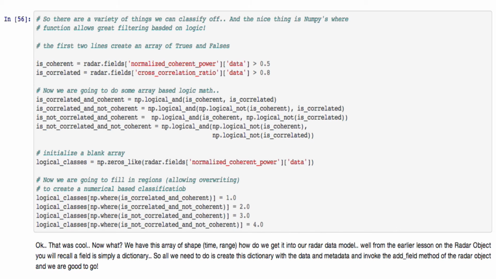So we've tried to maintain community compatibility here. That's been one of our biggest aims and one of the things we've spent a lot of time trying to do. So, okay, there are a variety of things we can classify a return off. And NumPy has this really nice where function. A lot of languages have a where function, but we can use where to create lists and locations of where a condition is met. So here, we're going to define a return, a gate, as being coherent if the normalized